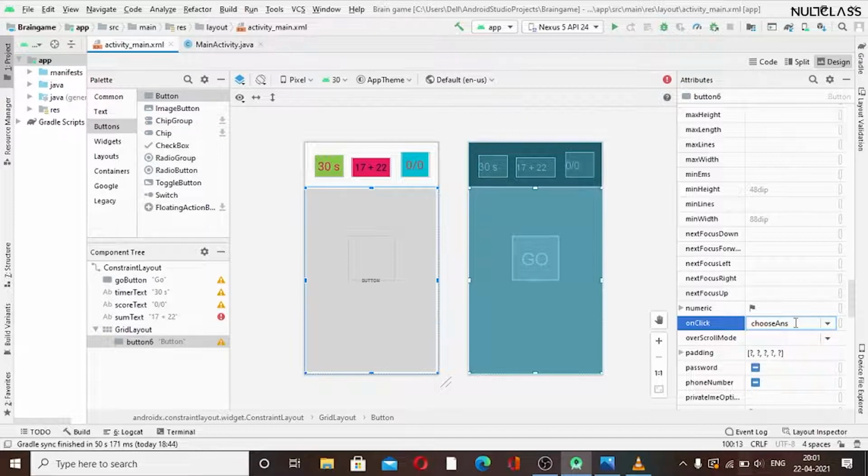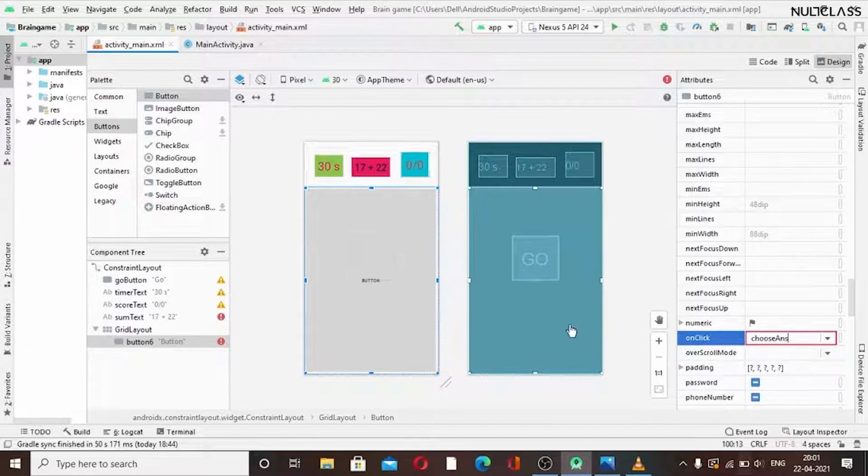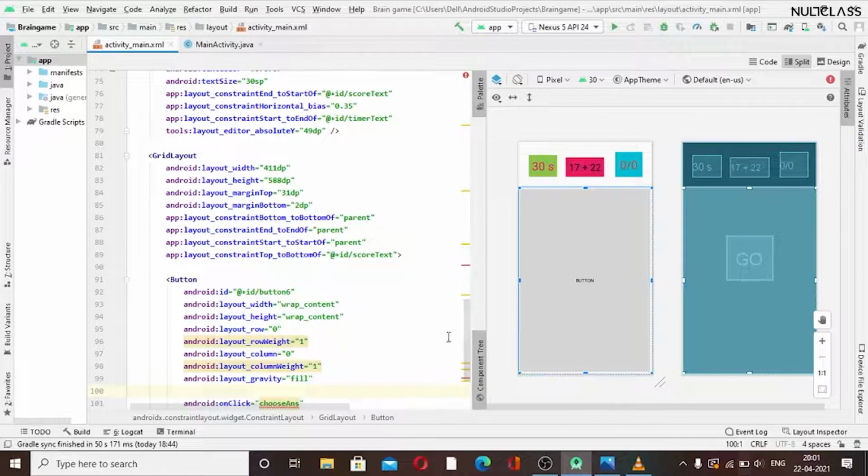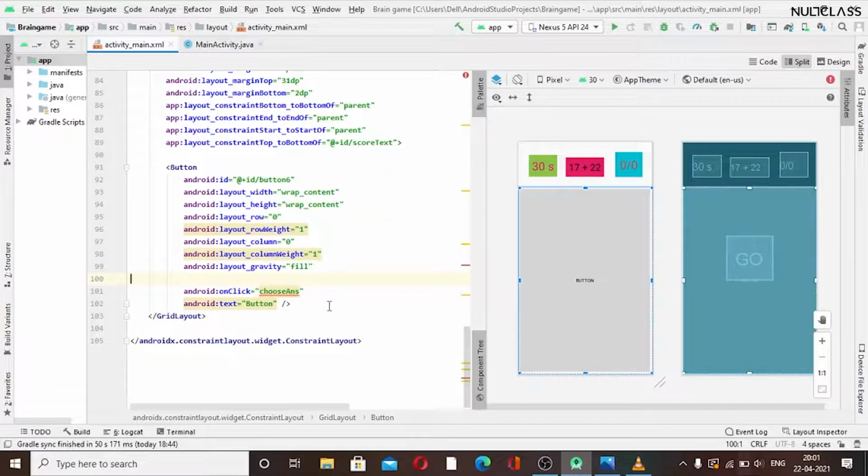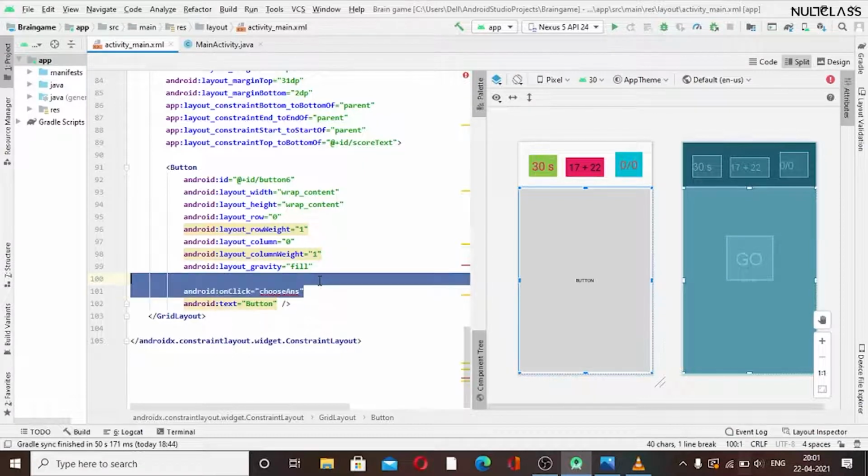Okay, as the buttons have their clickable ID, what should they do on clicking this? So for writing the code we have to write this. Now we will see that after writing this, the choose answer will automatically be there, like we can see here. Okay, so now we have added all things.